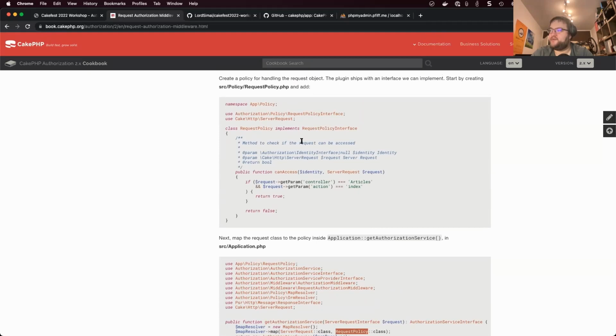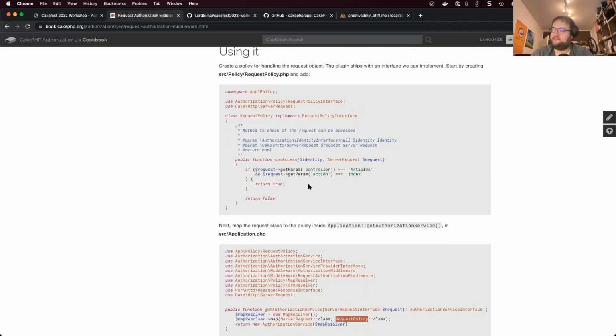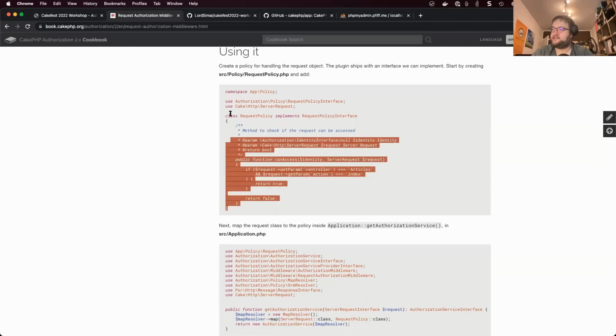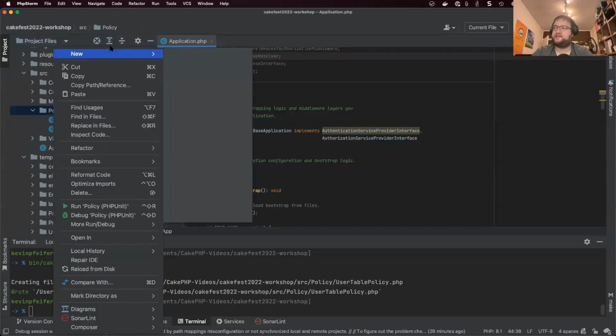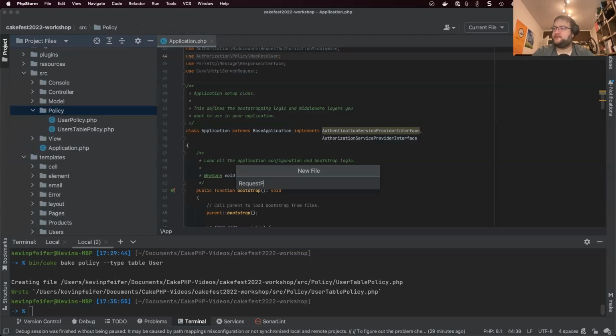So as you can see here, we have an extra class which has an extra interface called the request policy interface. And so we can specify which user, so therefore which identity, can access the current page depending on the current request. So if I just copy paste that to our policy request